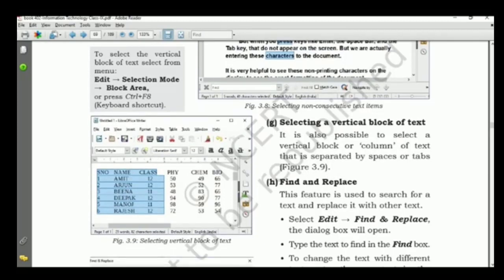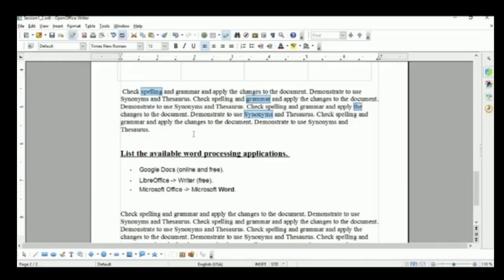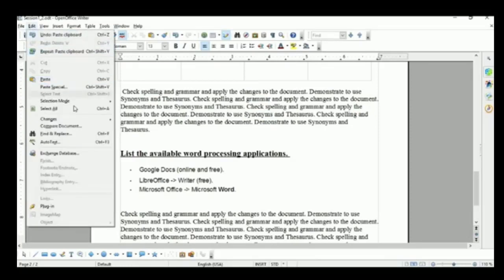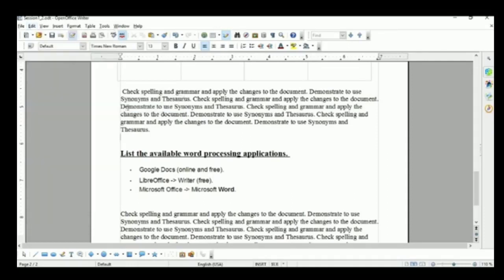For this, we have to go to the edit menu and then selection mode. Select the selection mode and select submenu block area. Now see the change. Your text is selected in a vertical blocks manner, in a column manner.